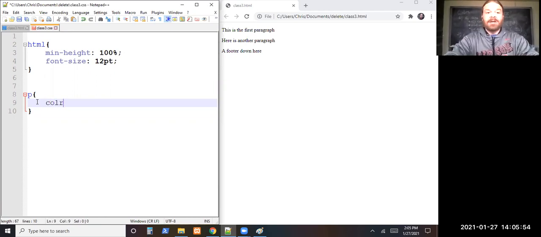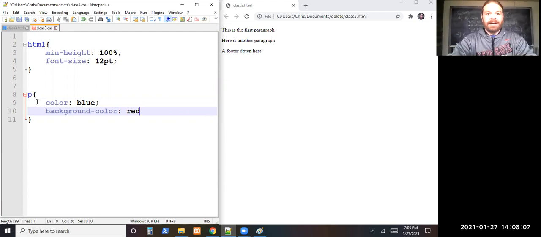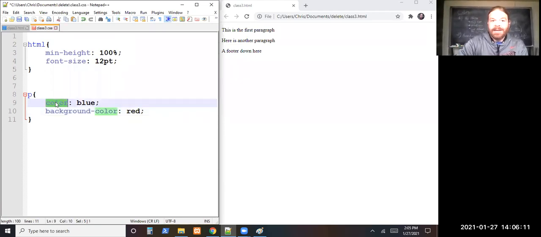So if we just say color, that's referring to text. So like color blue and background color red. So there's that name thing again. Oh yeah, and we always have the property we want to change, then a colon, the value we are changing